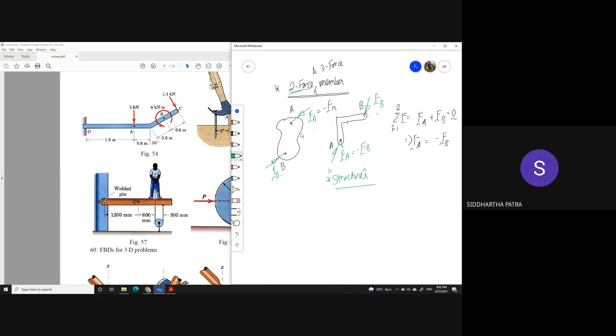Or what do we call these two forces? Equal in magnitude, opposite in direction, but non-collinear and acting on the same body. That's a couple. And a couple would have a non-zero couple moment, and that couple moment is about any arbitrary point. But if there is a couple moment,